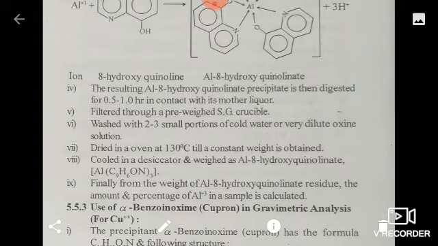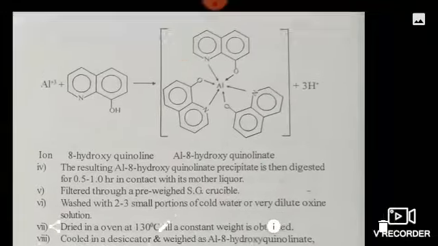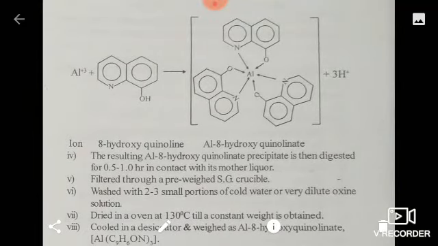Finally, from the weight of the aluminum 8-hydroxyquinolinate residue, the amount and percentage of Al3+ ion in the sample is calculated. So this is about the estimation of Al3+ using